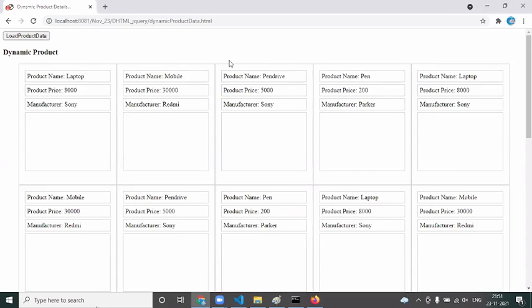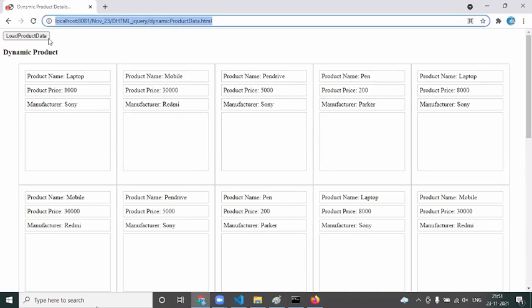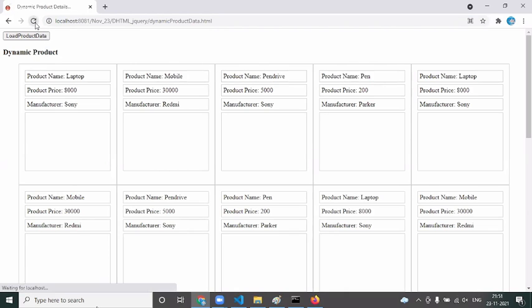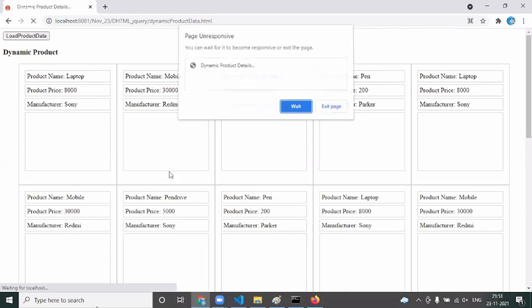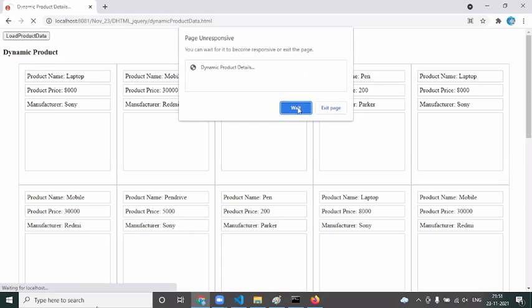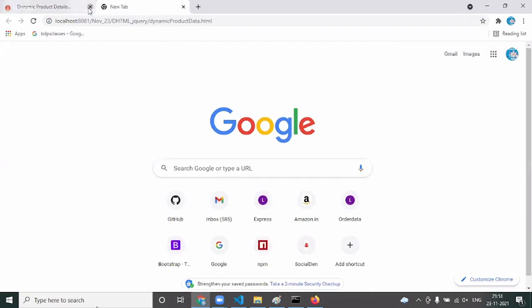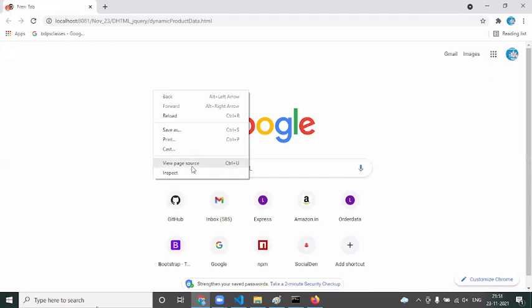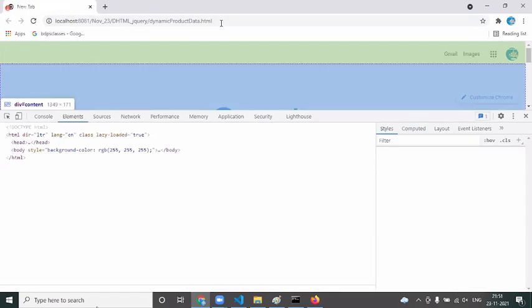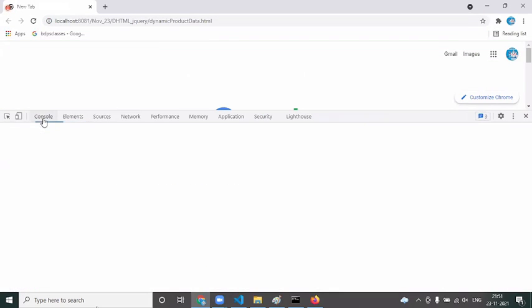No, my right-click is not working. Click on the F12 button. Reload the page. Let's copy this. Paste this. Inspect this. Go for console.